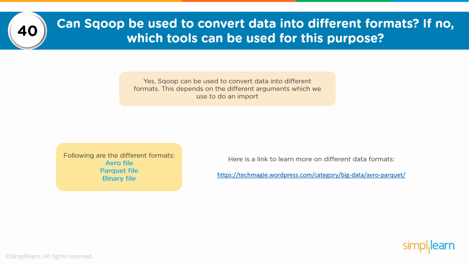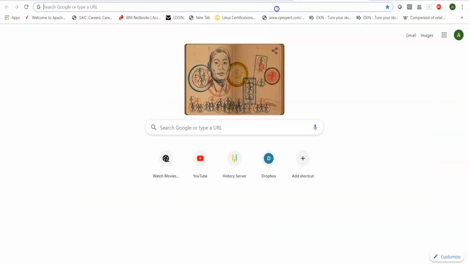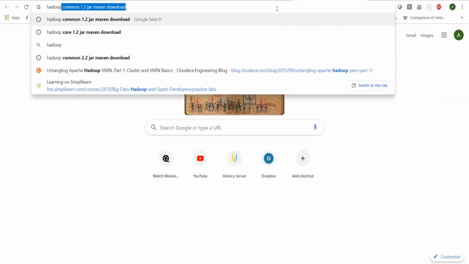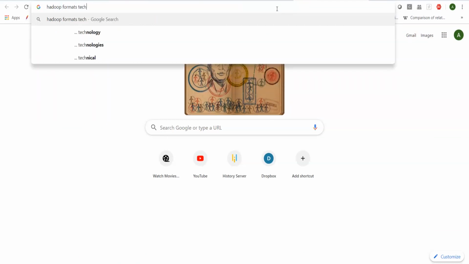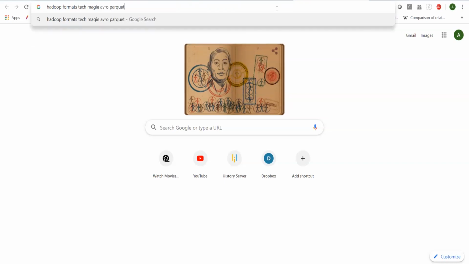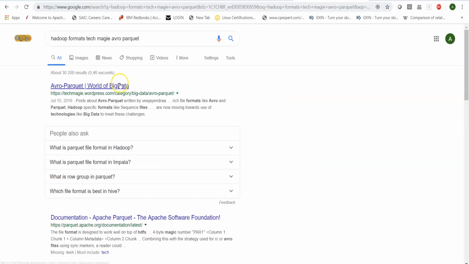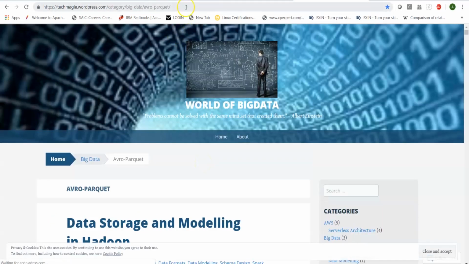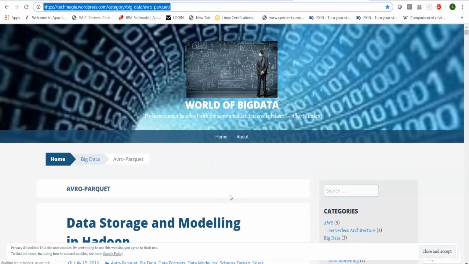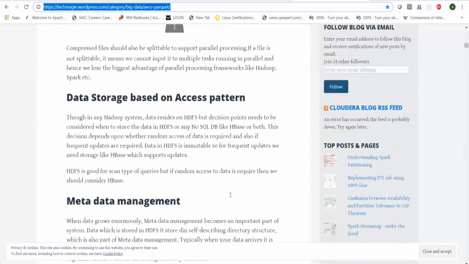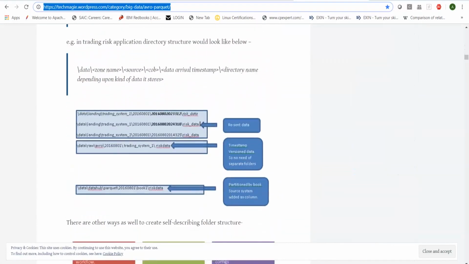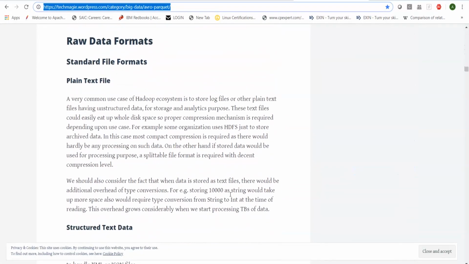If you're interested in knowing more about different data formats, I can suggest a link for that, and we can search for Hadoop formats. I think it is Tech Maggie, Avro, Parquet. Let's see if we can find the link. Yes, this is a very good link which talks about different data formats you should know, such as your text file format, different compression schemes, how data is organized, and what the common formats are.